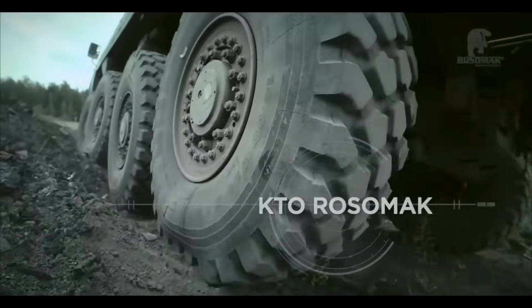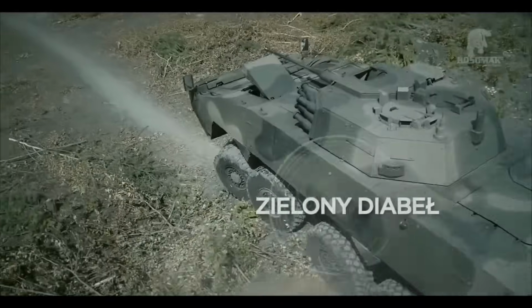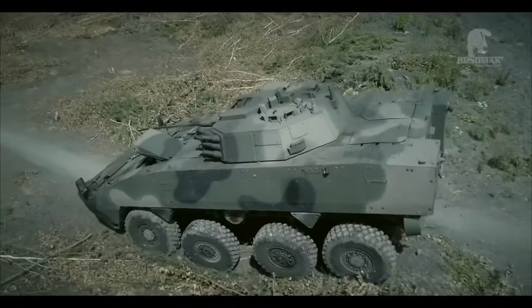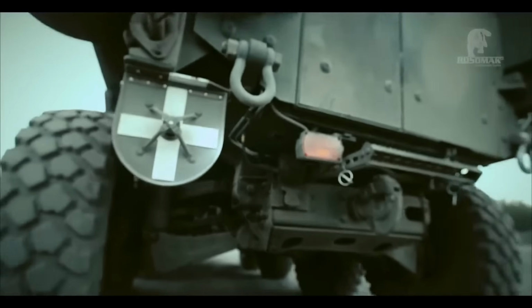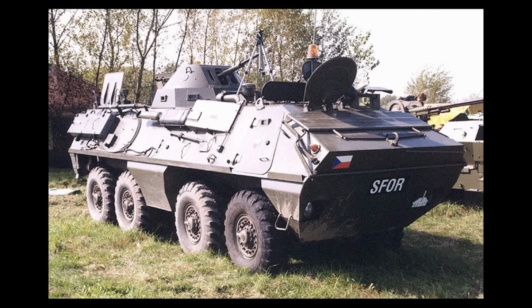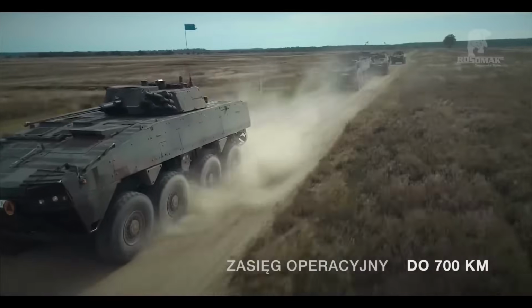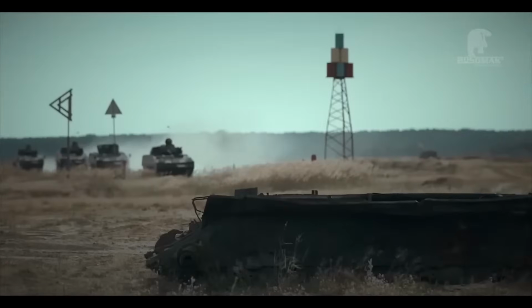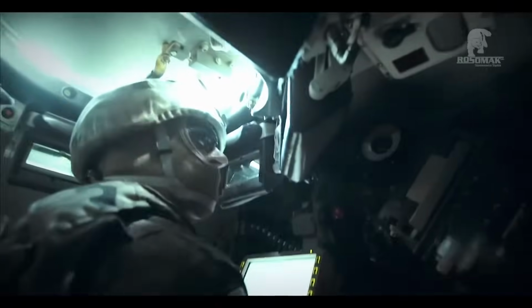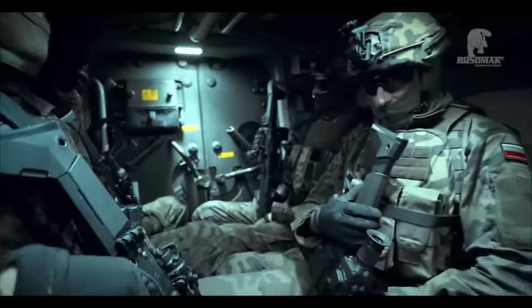The Rosomak is a Polish-produced wheeled IFV based on the Finnish Patria AMV pattern of armored vehicles. Poland acquired the license to produce the Rosomak after its Ministry of National Defense tested several platforms to replace the nation's aging fleet of OT-64 APCs and BMP-1s, both of which were nearing 4 decades of service. The contract was signed in late 2002 with an initial plan to produce 690 vehicles of all variants. Production began in 2004 and continues to this day, with contract extensions bringing the total number of vehicles produced to